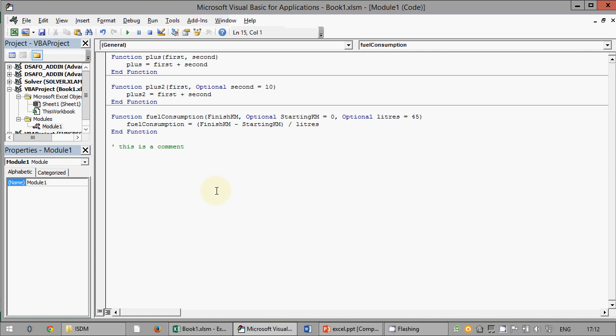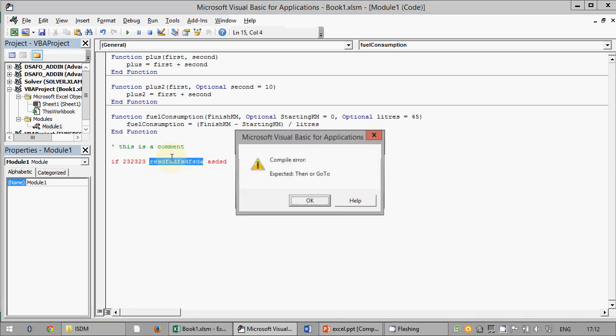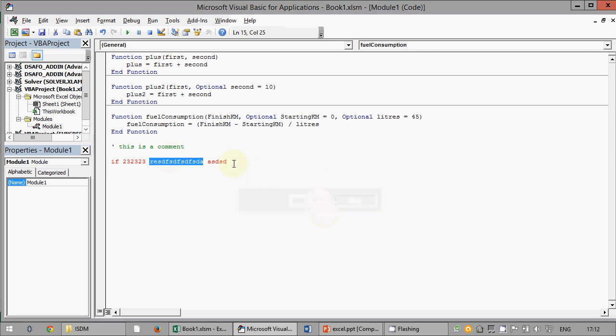Comments are completely ignored by the program. If you write something else without that symbol, Visual Basic will not be happy. Now it didn't say anything because this looks like a variable name, but if I do something like this, it doesn't say anything. Okay, this one complains. So if you write random things, Visual Basic will complain. So if you plan to write a comment, it must start with an apostrophe.